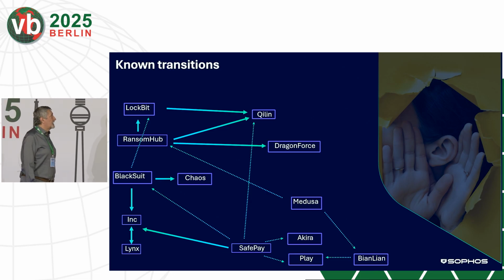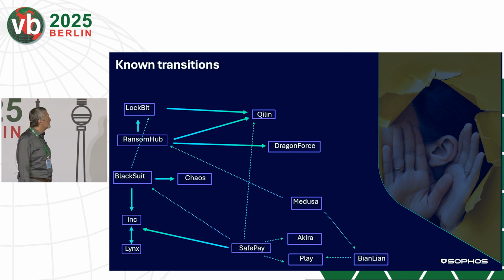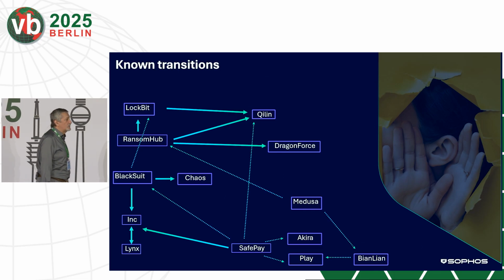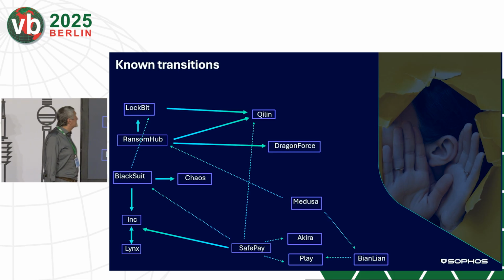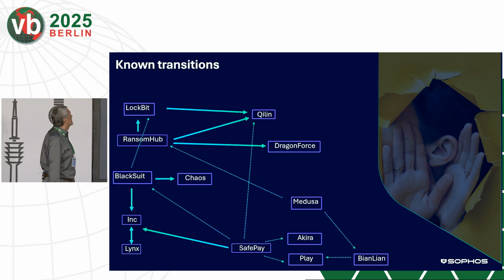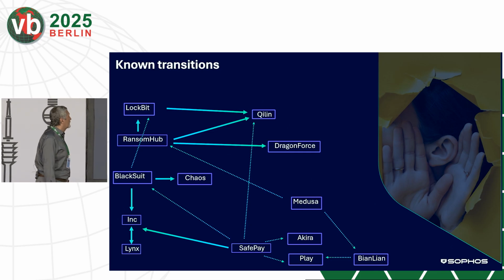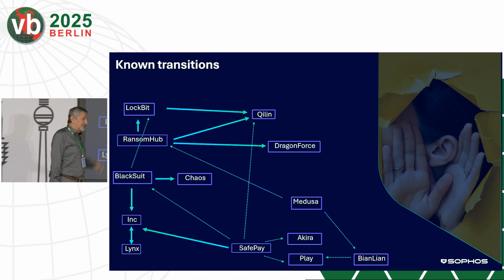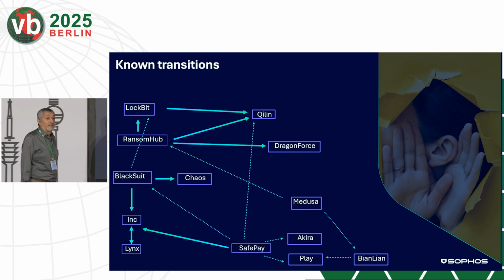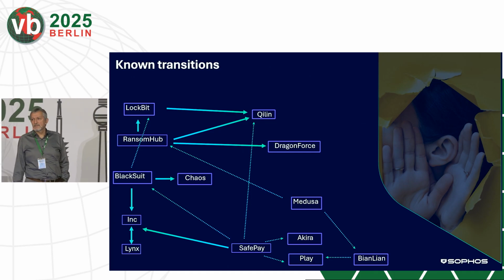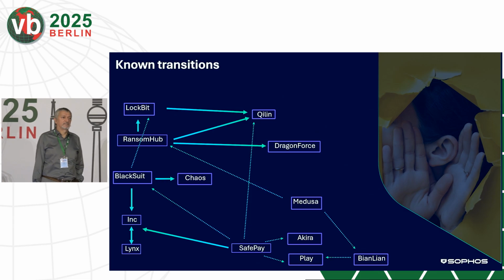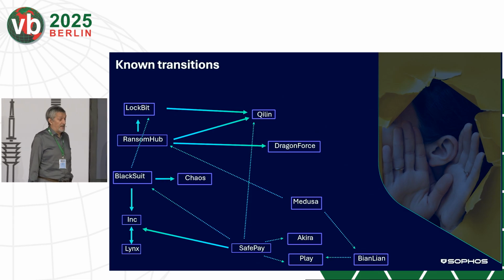Blacksuit was disbanded, so the affiliates and operators moved to Chaos and Ink. Ransom Hub suffered a hostile takeover by a competitor, so the affiliates spread out to Logbit, Kili, and Dragon Force. Also, there is this mysterious player, SafePlay, a ransomware group which doesn't have much public presence, and they